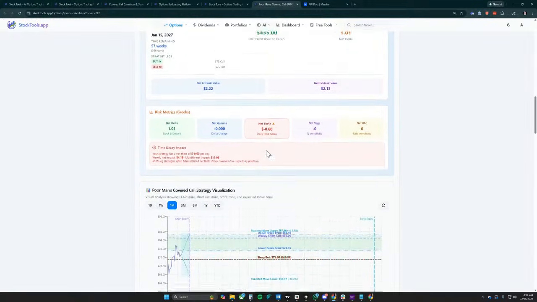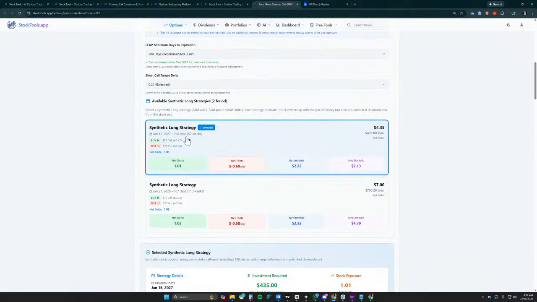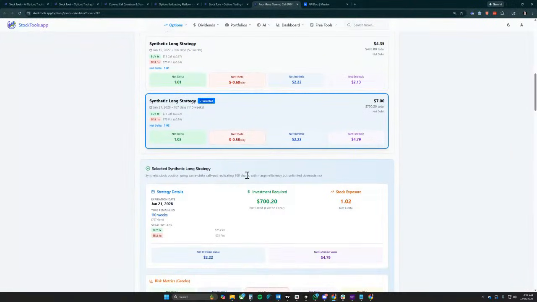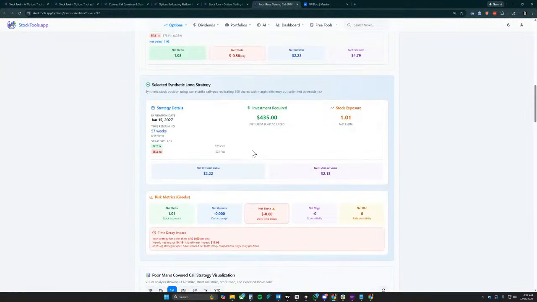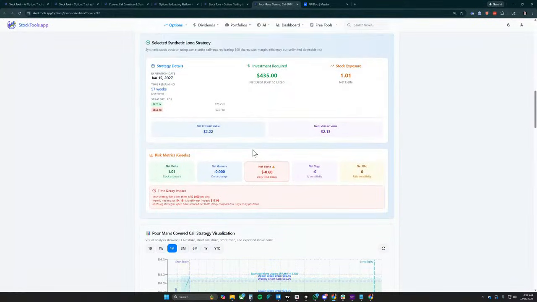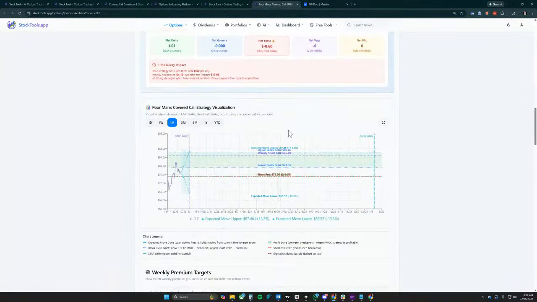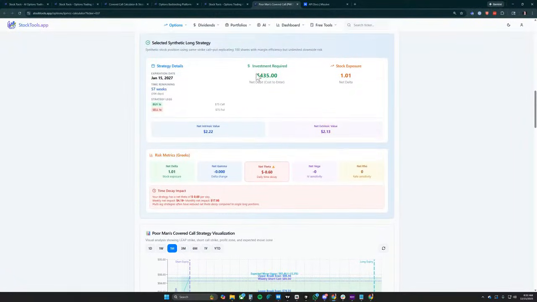This is for one contract. Where'd you put the contracts? I just clicked this one. It's just this one that's selected here. So it's just one contract? It's just one. Okay. Yeah, that's actually something I need to add to this one, the quantity in there. All right. And so that's the price of the contract. You said the 435, right? Yeah.